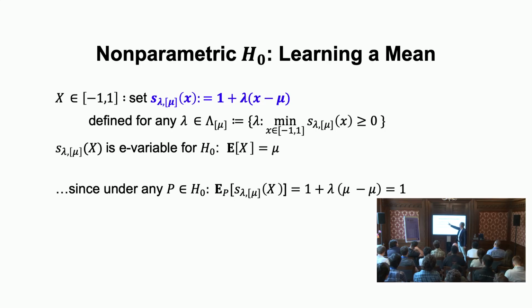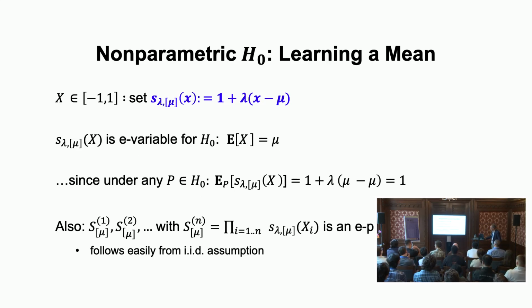Notice that again we have to make sure that we choose lambda in such a way that the e-variable is always larger than 0. Otherwise it's not an e-variable anymore. So now if we multiply this for fixed lambda, we get an e-process. That's the construction we've just seen. So expectation always bounded by 1. You multiply, then the expectation of what you get under any stopping time turns out to also be bounded by 1.